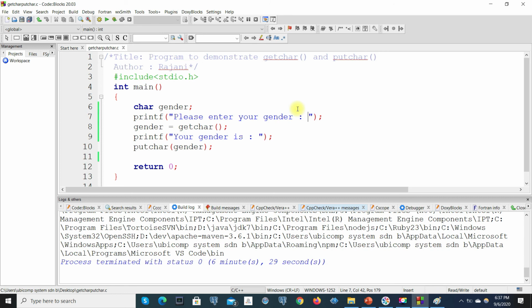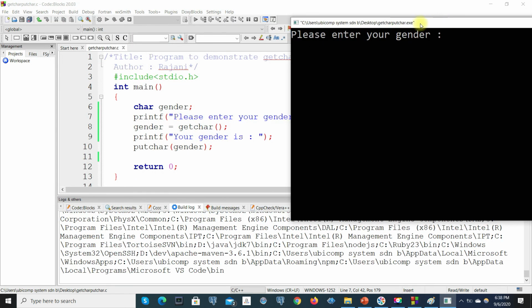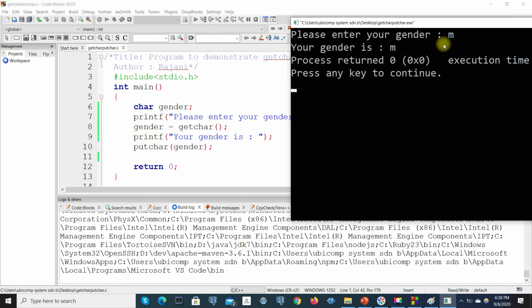Let's save this program, compile. Let's run the program. When we look at the execution of our program, this statement will declare a character variable in the memory with 1 byte, and now it is asking, please enter your gender. Now this statement is waiting to read a character. Now I give the gender. Now this one will read this character and store it onto the character data item in the memory. After that, when we press enter key, it will display the text, your gender is, and the character which is M. After that, it will successfully complete the execution of our program.